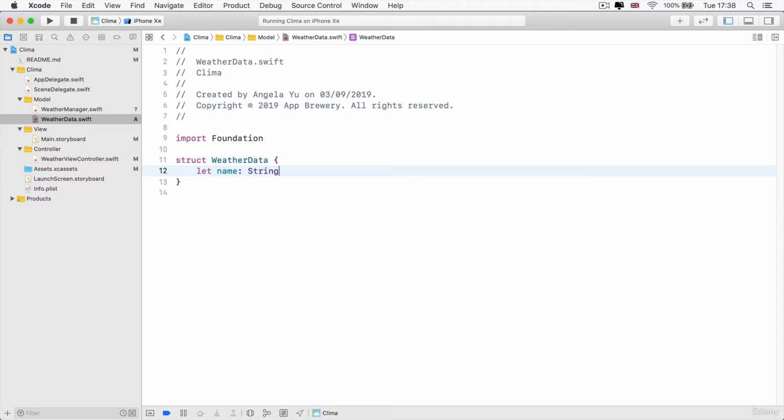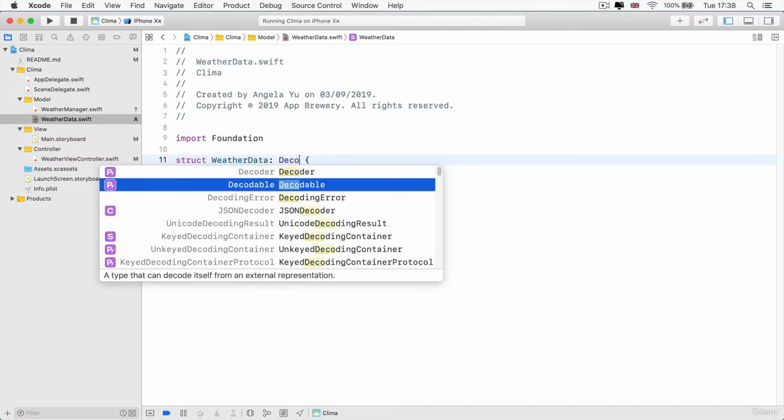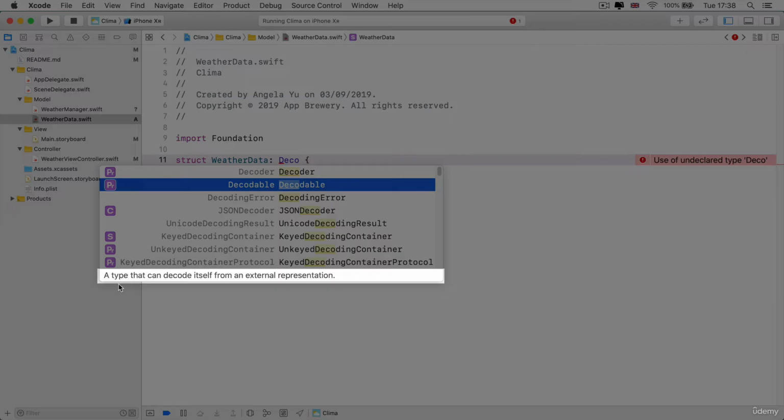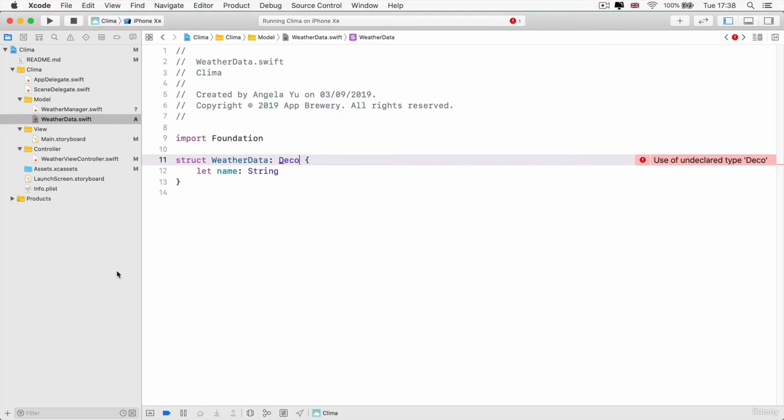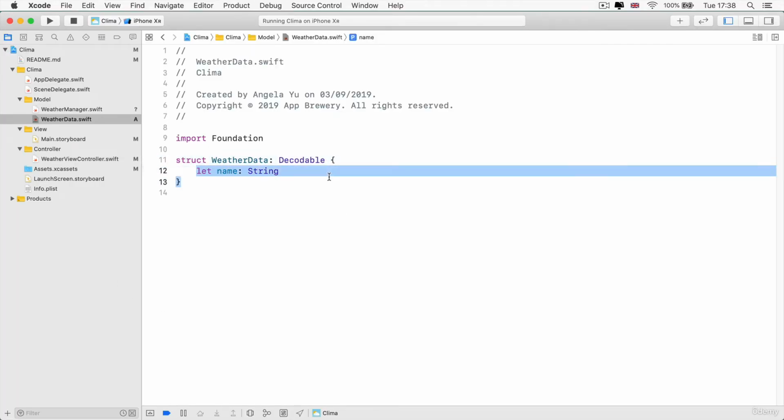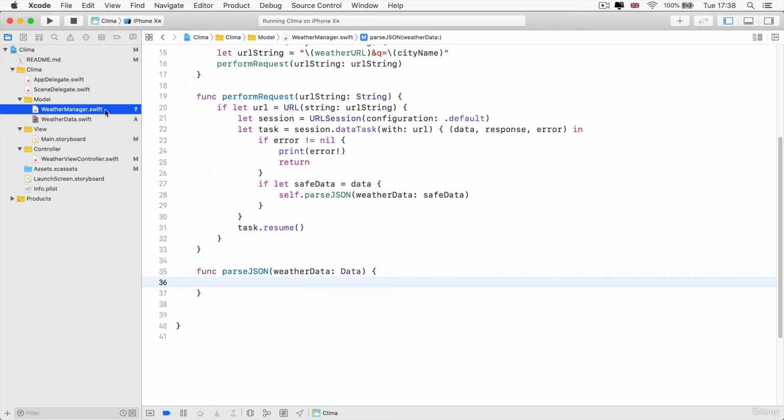But this is not quite enough. In addition, we also have to say that our struct conforms to the Decodable protocol. And that means that the WeatherData turns into a type that can decode itself from an external representation, namely the JSON representation. Now that our WeatherData is Decodable and it's got a property called name, we can go